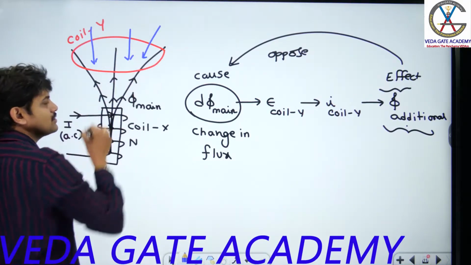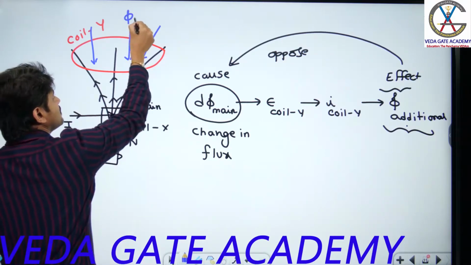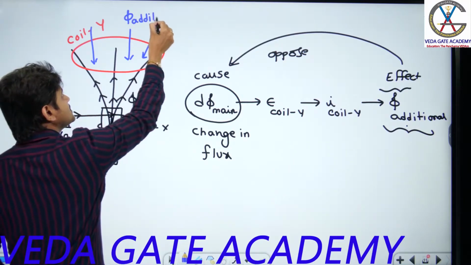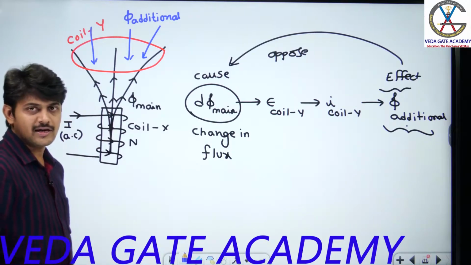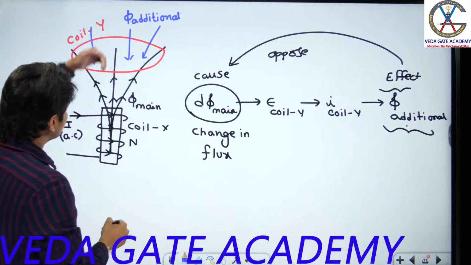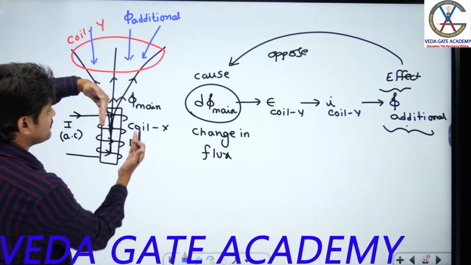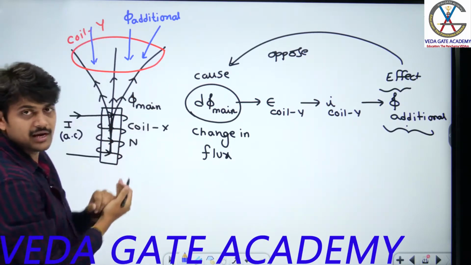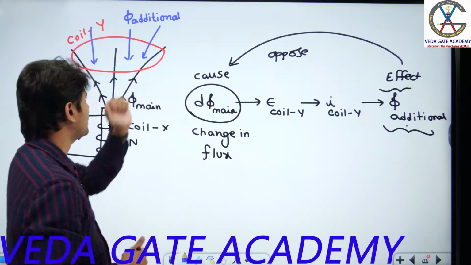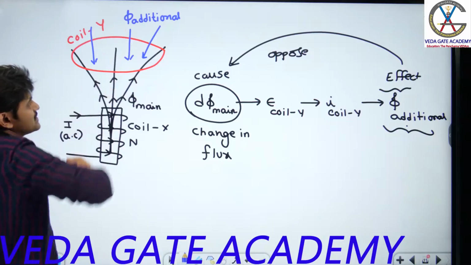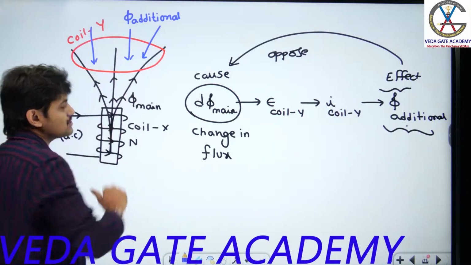So this is my direction of additional flux. How have we got the direction of this additional flux? We get it from the Lenz law explanation, right? Because it will try to demagnetize. So if the main field flux is in the upward direction, my additional flux will be in the downward direction, to oppose. Oppose in the sense that it will try to demagnetize. Now, as the additional flux is in the downward direction, I got the direction of additional flux.